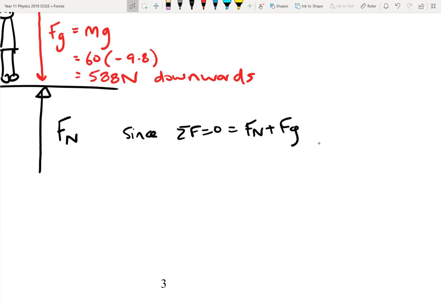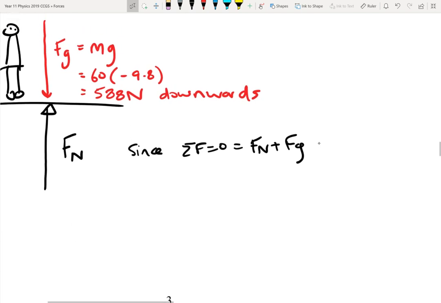And this is where you need to show your mathematical logic. Every one of you should be able to tell me that the normal force has to be 588 newtons upwards, but you've got to show it using some mathematics. You've got to show it using your logic. Now I'm going to assign that gravity is negative. Acting downwards is negative, acting upwards is positive. So if I wanted to rearrange, I could go Fn equals negative Fg equals negative